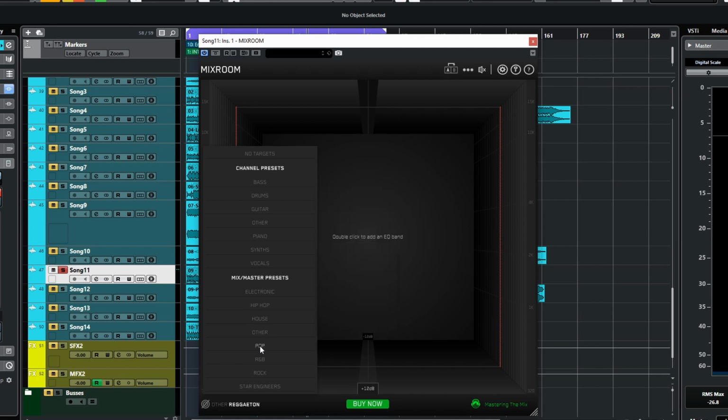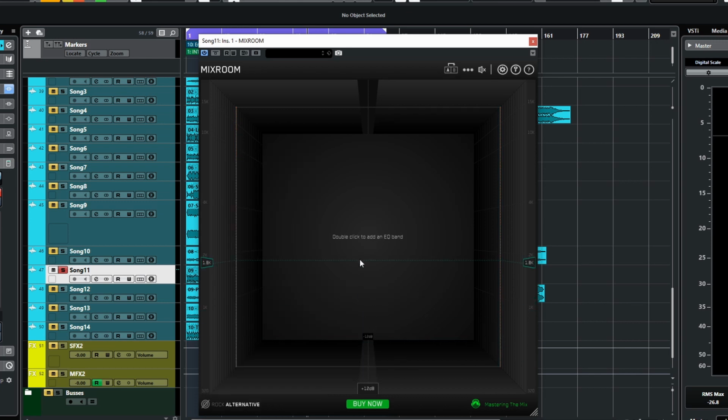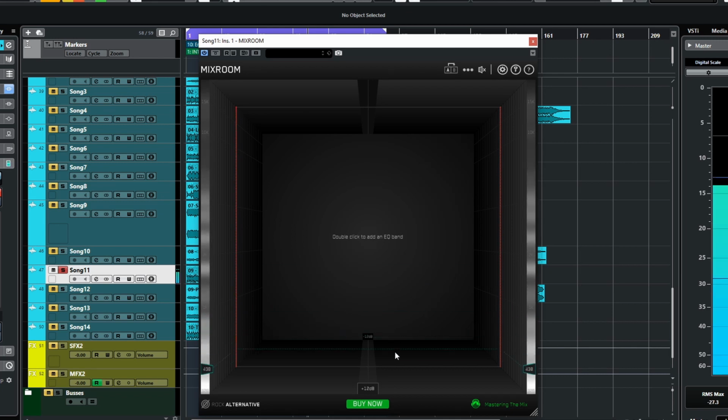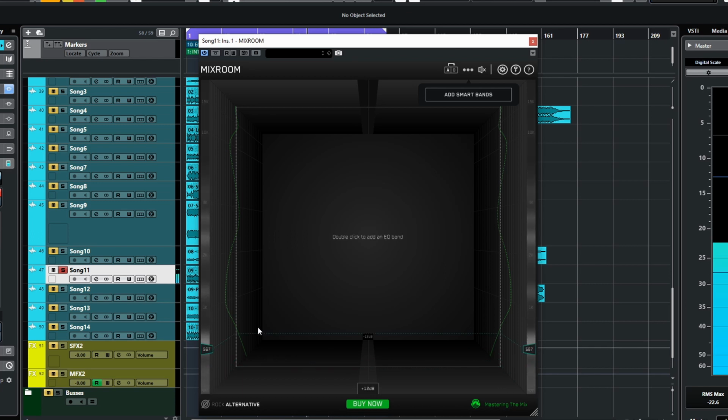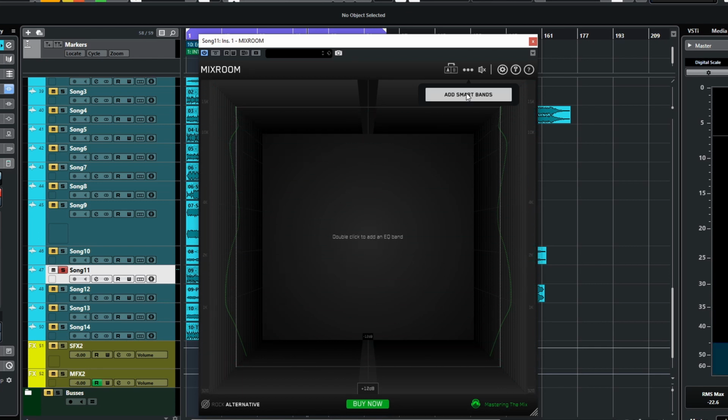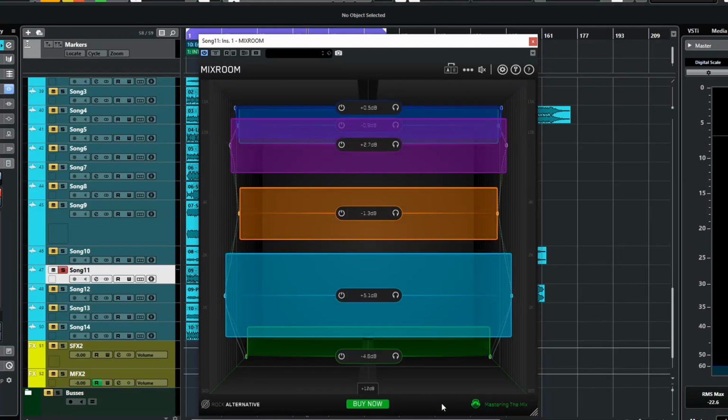Okay, so I'll go back to this. We'll say it's a rock. I really don't know what you call it. Let's just go alternative. See what that does. Okay, so here's our curve here. You can see what it wants to do. So if we add the smart bands,